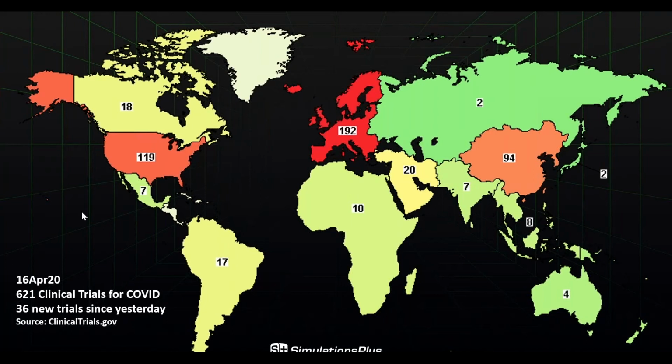So the world is in discovery mode, although we're all working from kind of remote locations. And I thought it would be just kind of interesting to look at where the clinical trials in the world are. And again, if you have an interest in the specifics of what's underway, you can check that out at